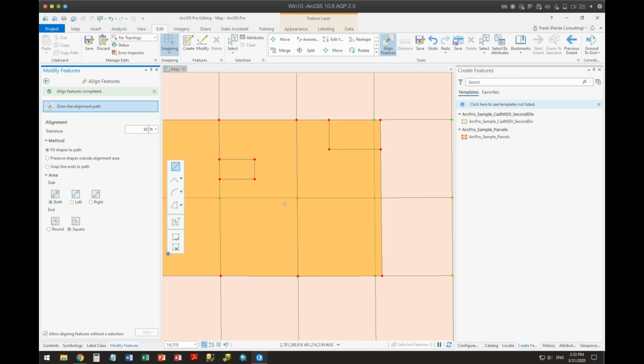Well, and there's a couple other points to emphasize here, and that is that the parcel editing tools are going to be usable within the ArcGIS Pro fabric. So we're not going to have a separate set of tools for fabric versus a separate set of tools for parcel editing. So that will be useful.